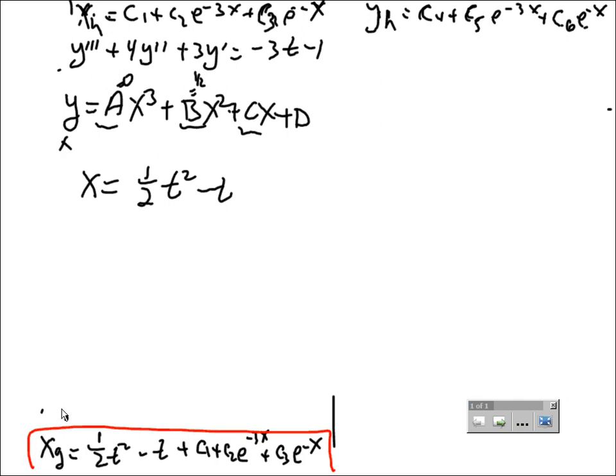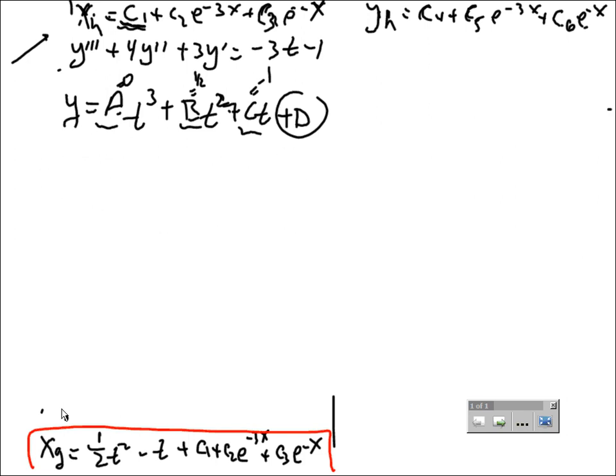Oops, these should be t's. Those should be t's. b was a half, and c was negative 1, and d was anything. So it really should have been plus d. But it turned out that in the homogeneous equation, we already had a constant, a pure constant. So we didn't need to write the plus d. And I suspect this may happen for y. So we'll get our hands dirty and find out. So I need the third derivative. So the first derivative,